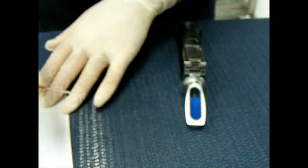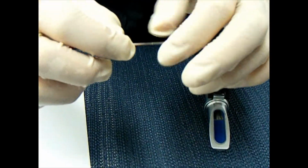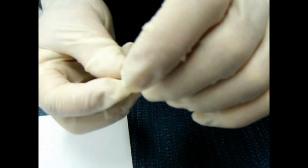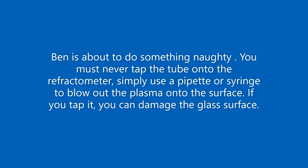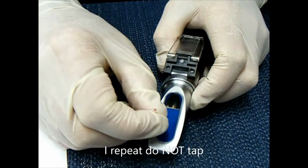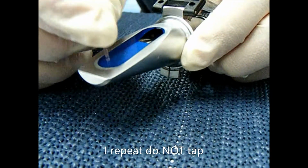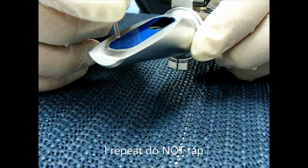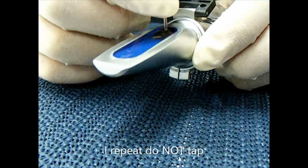Now, this is the plasma we want here from this blood tube. So what we've got to do is break the tube above that level. So I just snap it there. That's probably pretty close, but I want to snap it above the level of the blood. And now you can gently tap it like this. You've got to be careful that you don't get glass onto the refractometer. You can damage it. So you can just gently tap it like this, and you can see the plasma is now coming out. So if you put a bit of the plasma on the bottom like that and a little bit on the top like this, you can see